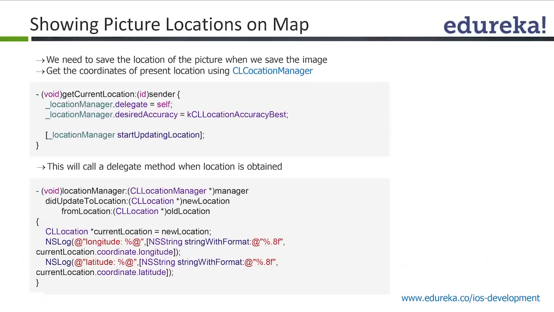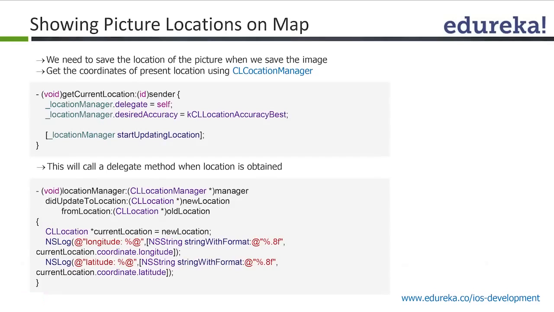So the best option is to put your desired accuracy as kCLLocationAccuracyBest. This is the optimum for battery and the accuracy of the user's location. And whenever you say start updating location,